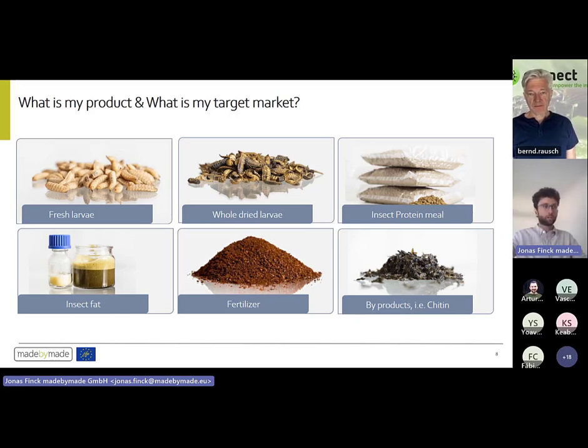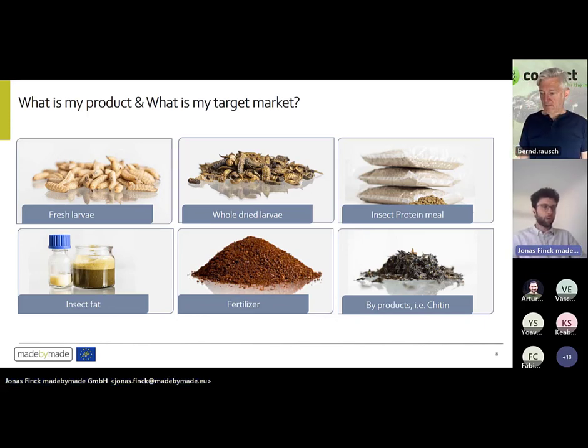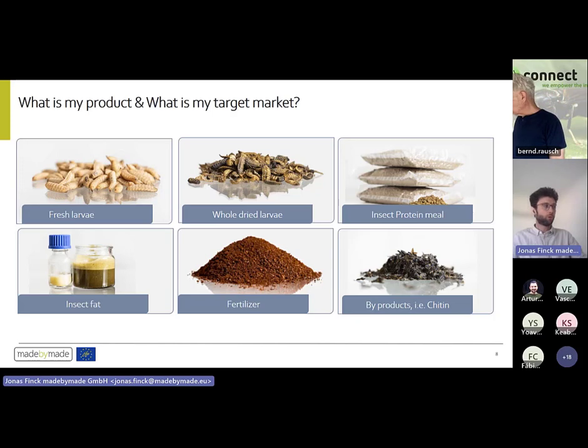I will develop own products, own approaches and marketing strategies. I think it's very complex, and in the beginning, when you start such a project, it should be clear what is your product, and is it more about the insect fat? Is it more about fertilizer, which is also a very interesting product itself, or maybe byproducts, for example chitin in this case. When you know what is your target market and when you exactly know what is my product,